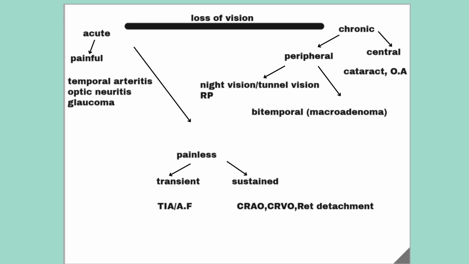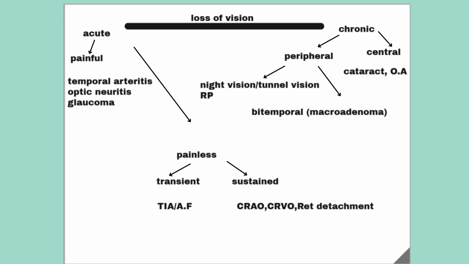If it's chronic, think about whether the central vision is affected or the peripheral one. For central, think about optic atrophy, cataract, macular edema, macular degeneration. If the periphery is affected, night vision is affected, or if it's tunnel vision, think about retinitis pigmentosa. And for the bitemporal, think about pituitary adenomas. One thing more about retinitis pigmentosa is,